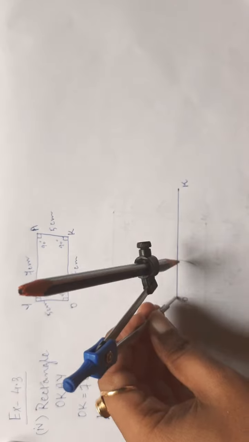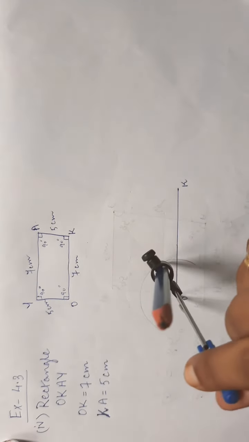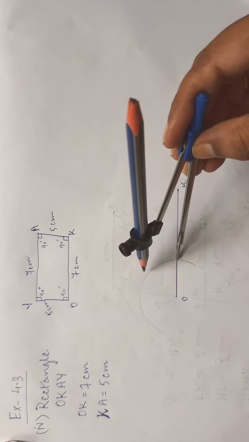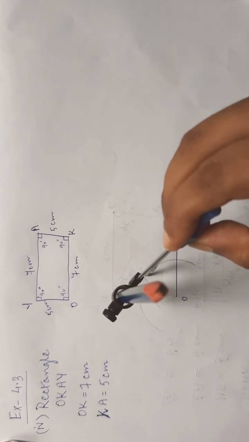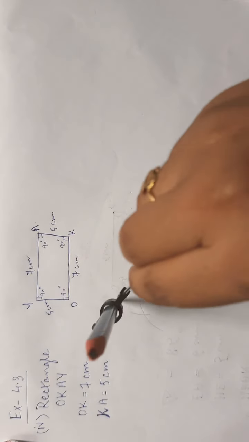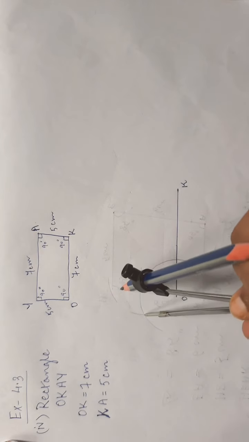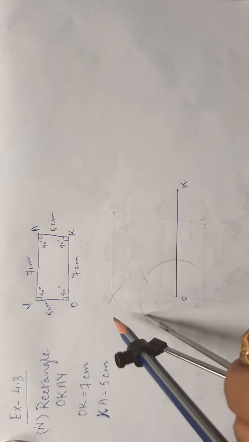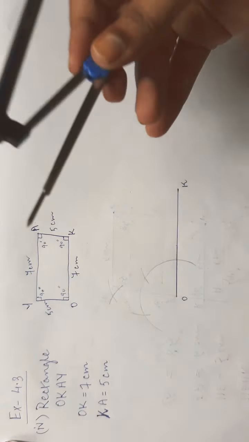You can see this was the radius initially, isn't it? I have not changed the radius, taking the same radius, I will draw an arc here in this way. Then from this intersecting point I will draw an arc here. Now again an arc here, again an arc here in this way. So in this way we draw 90-degree.